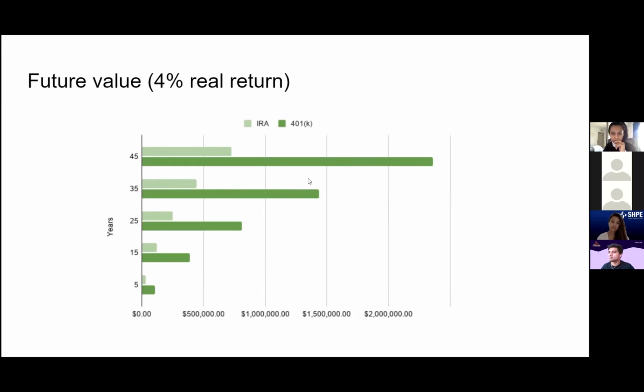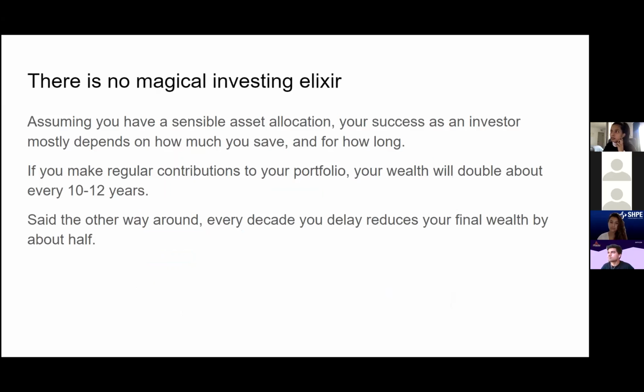Because the whole way this works is by the magic of compound interest. But you have to give compound interest a chance to work. So if you delay, that's going to reduce your final savings goal. So I really tell people, when you're in your 20s, oh my God, save as much as you can, because that's going to really power your capital later.